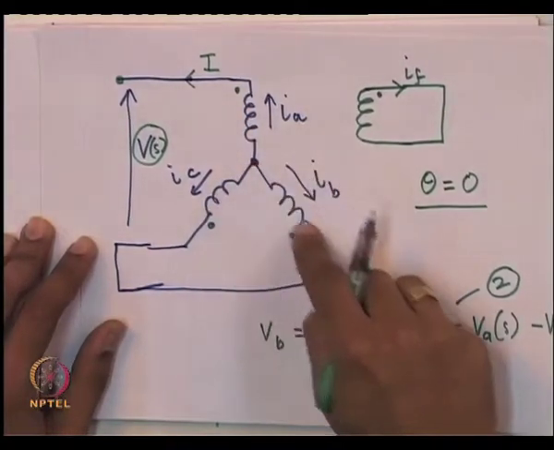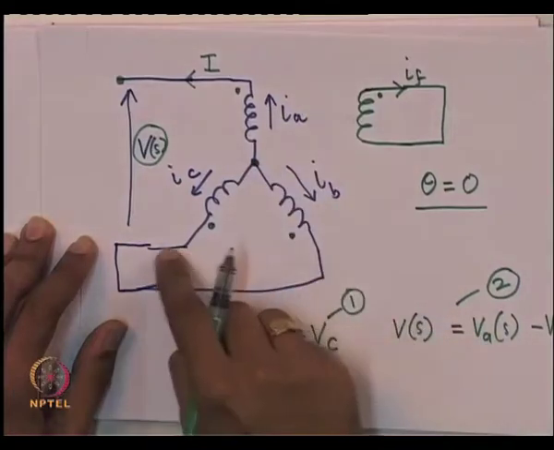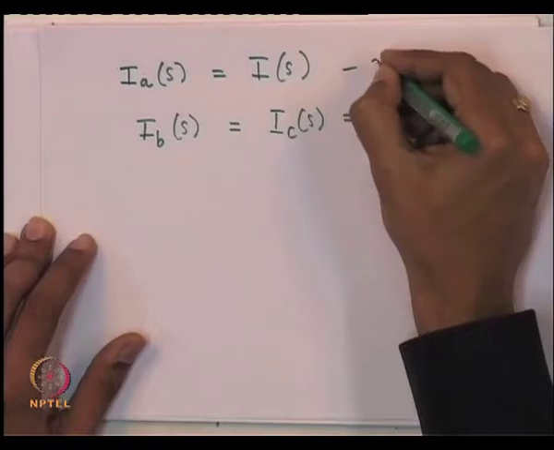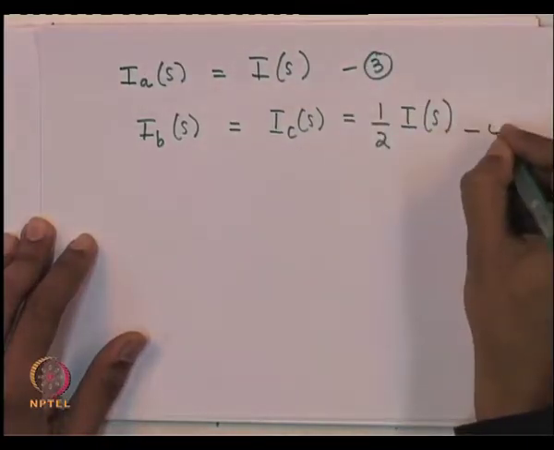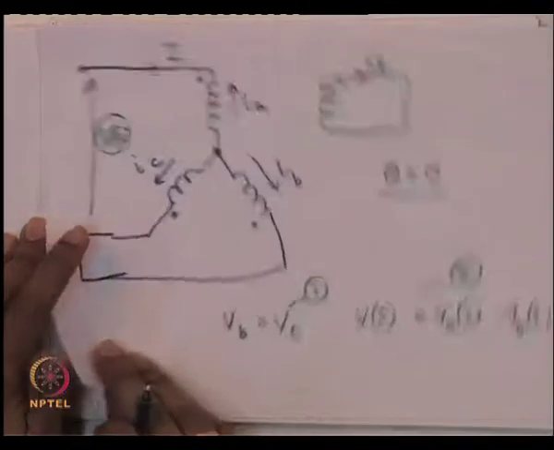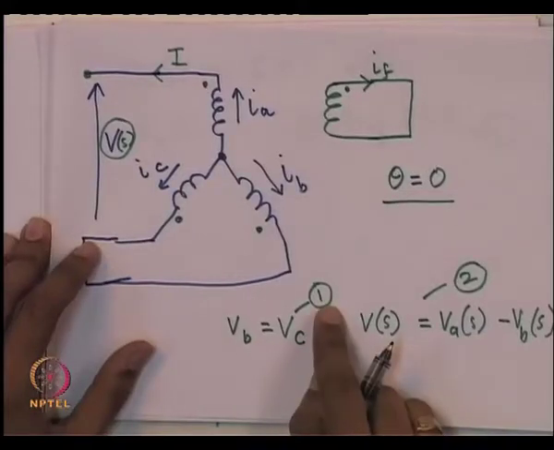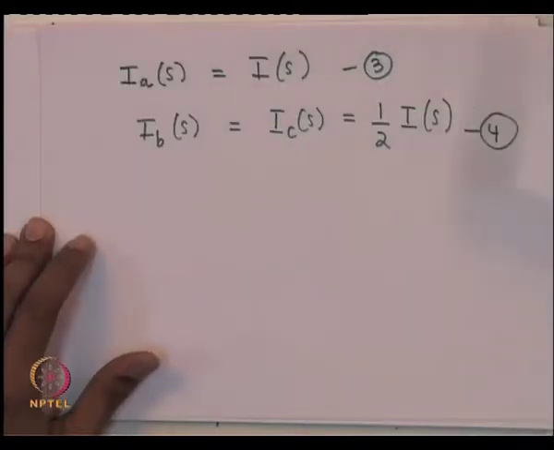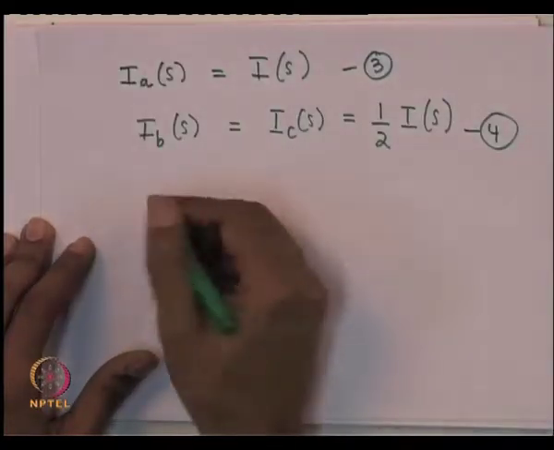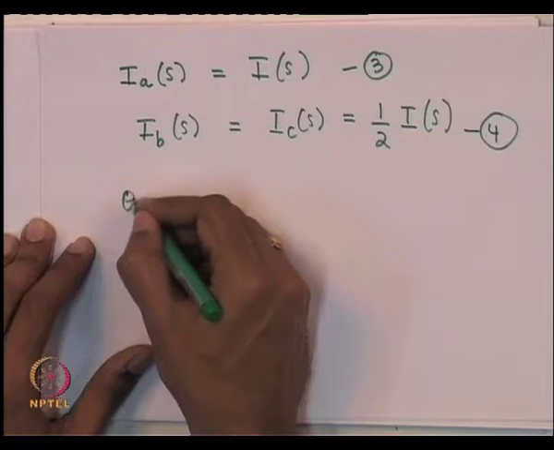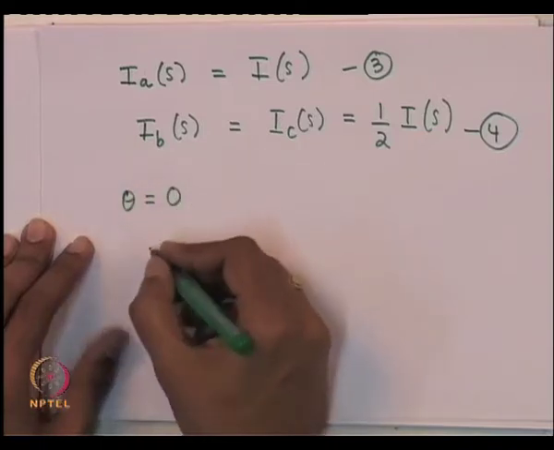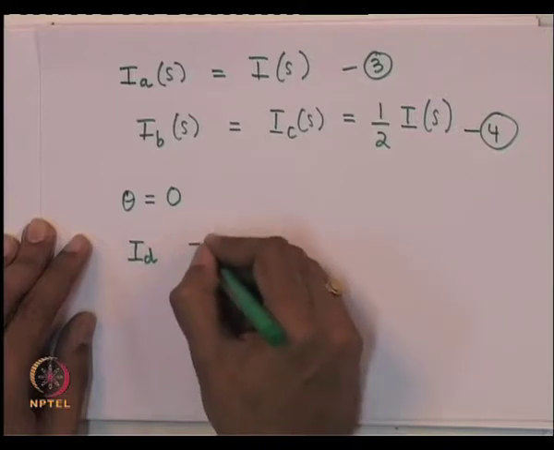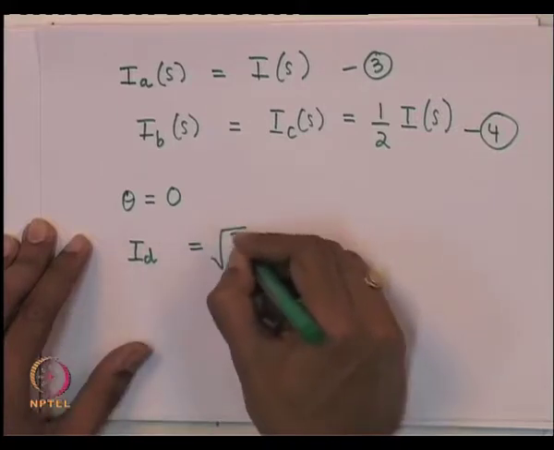So, the current will split equally between these two windings, and you will have these conditions. So, there are 4 conditions. Let me just write them down here. V B is equal to V C and this. Now, since theta is equal to 0, we have I d is equal to root 2 by 3